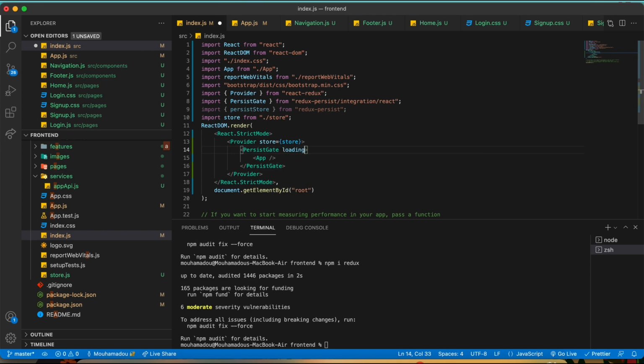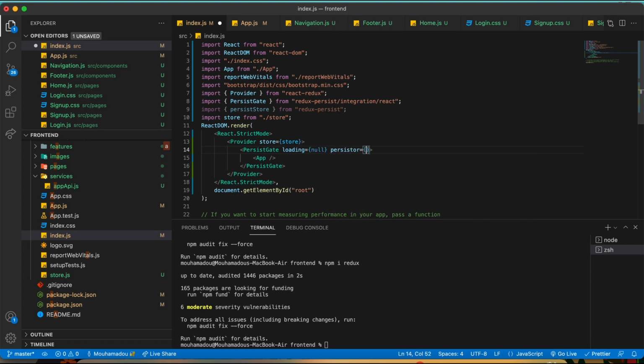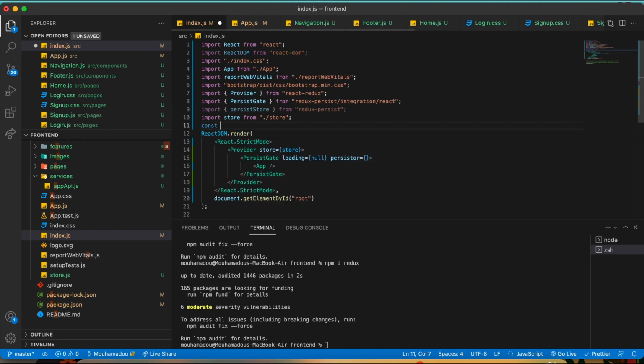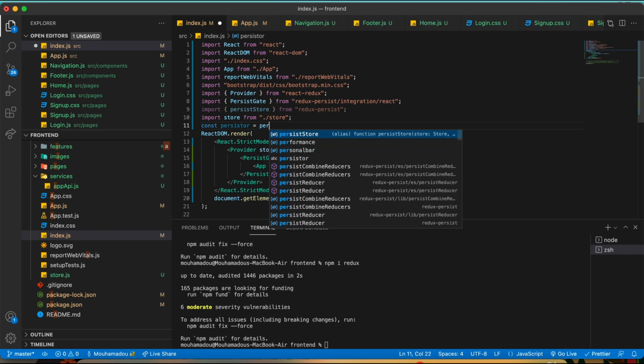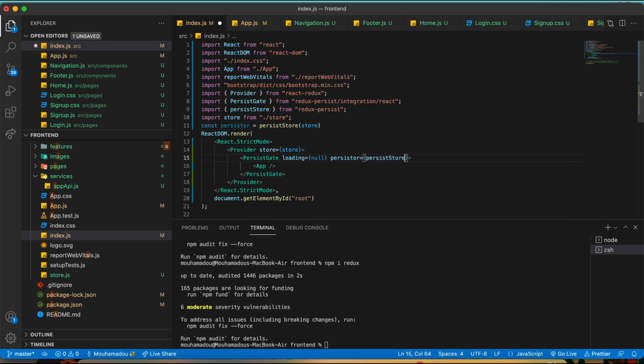and we'll have a loading state, so we'll say no, and we'll have now the persist store, which is going to be, so our persist store coming from the store, you can say const persist store equals the result of calling the persist store function with our store, and now it needs to have this persist store. Now persist store. Right, so kind of tricky, I admit it. So setting up the Redux persist